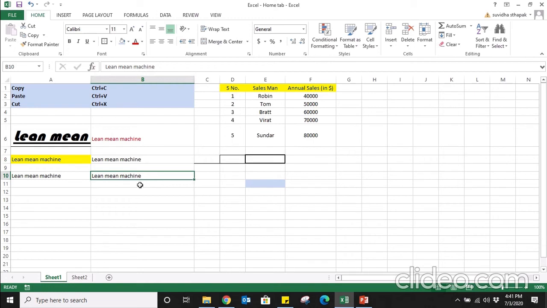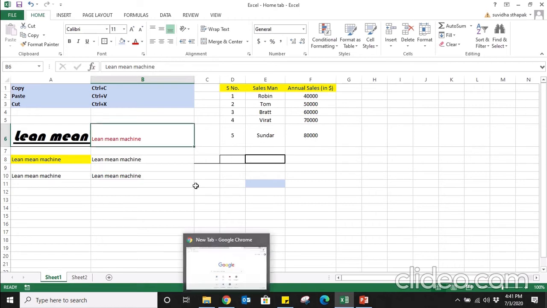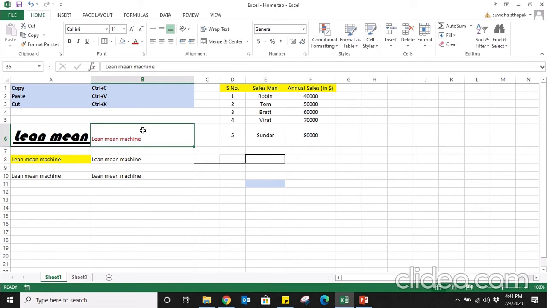Now moving on to the next section, which is alignment. I'm selecting this cell, and this alignment will help me give direction to my text. If I want to keep it on the upper side, lower side, center, middle, left or right. Suppose I want to keep it top left. I select top, then left align, center, middle, bottom, right. So in this way you can realign your text.